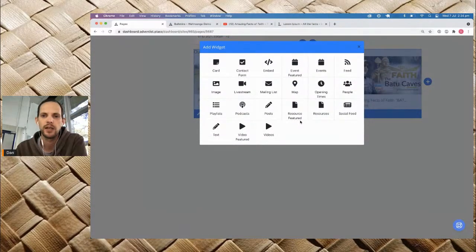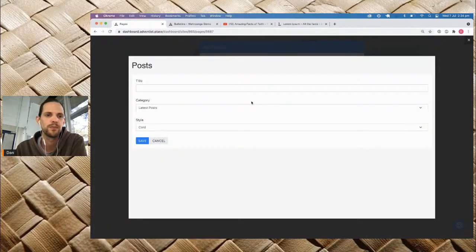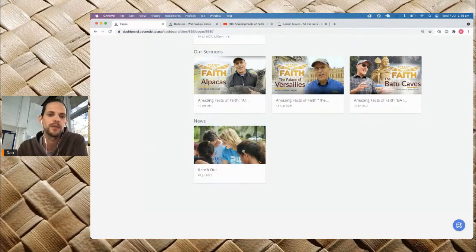Plus, and now we're going to look for posts. All right. Let's just call this news. And it's our latest posts, and it's going to be in the card style. All right, there we go. There's our post. So every time we add a new post, it'll automatically show up on our homepage for our